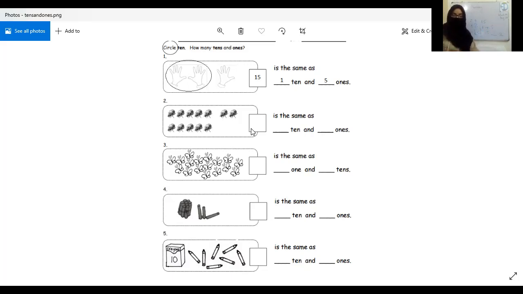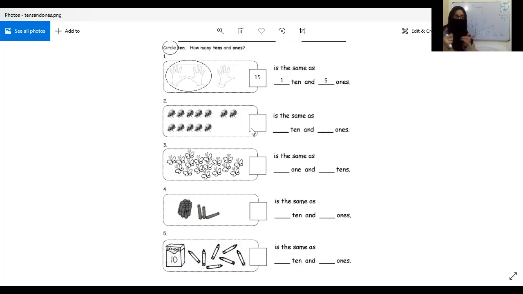Now let's move forward. Look at the third one. There are butterflies, right? Can you count them? Yes, who is going to tell me the answer of this? How many butterflies are there? Hurry up. Count them. How many? How many tens are there? Yes, Hamza. Okay, one ten. Then how many ones are there? 7. Excellent. So the number would be 17. Clap for Hamza. Okay, so let's move forward.